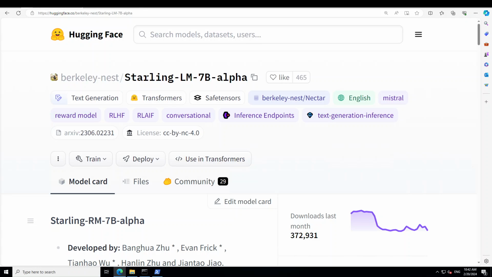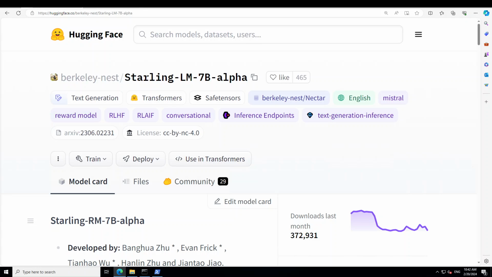Hello guys, in this video I'm going to show you how you can download, install and then play around with this 7 billion model Starling. The Starling model was released last month but I haven't really reviewed it. So I just did a video on Ollama's Windows install and then I saw that Ollama now also allows you to install this locally, the Starling. So I thought why not just do the Starling video too, and we will review the performance of this model